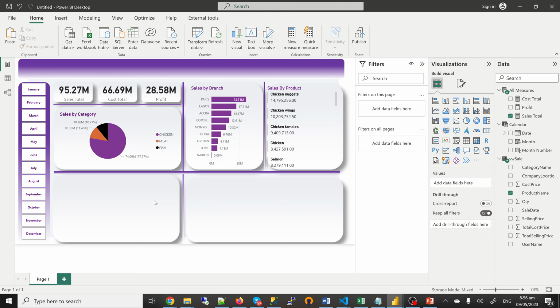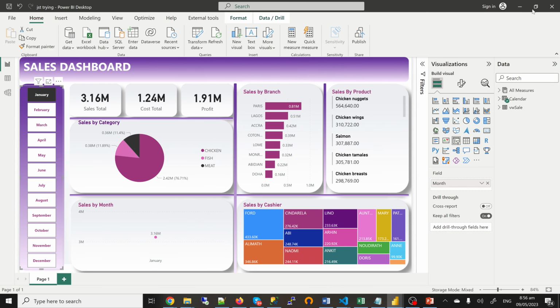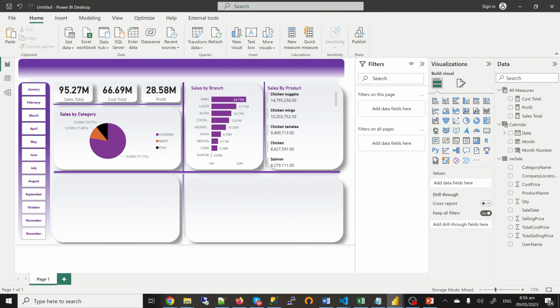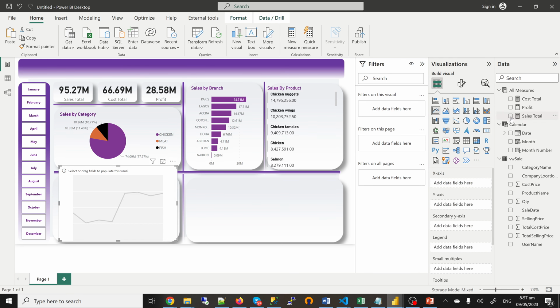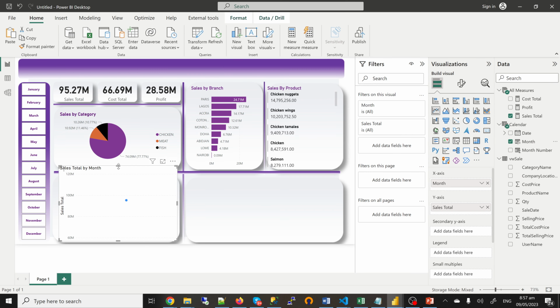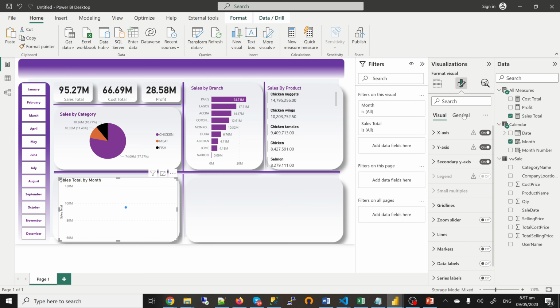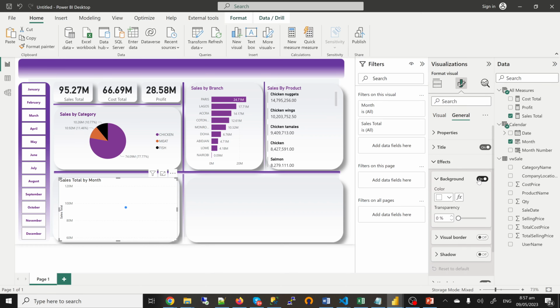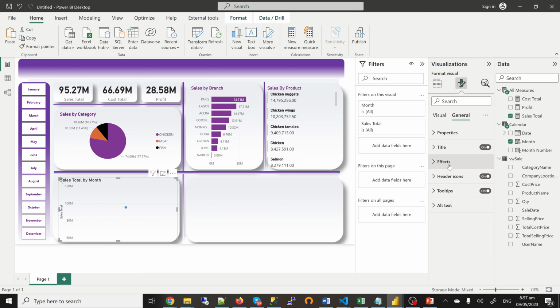Okay, so the next thing to do is to bring in our sales by month, which is a line chart. So let me put it down here. So it's the sales total, and then it takes the month. I'll start working on it by taking out the background. I'll change the title to sales by month,